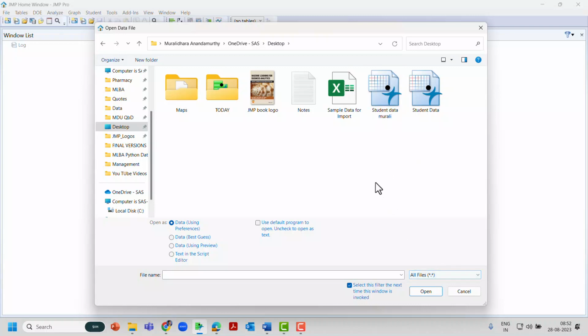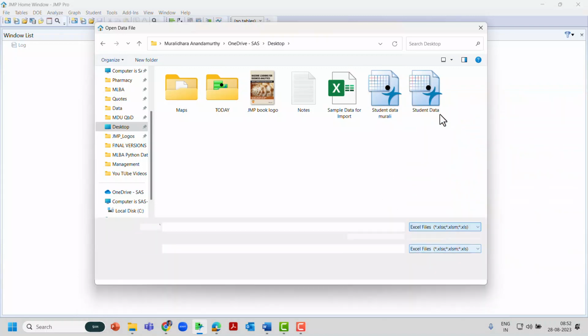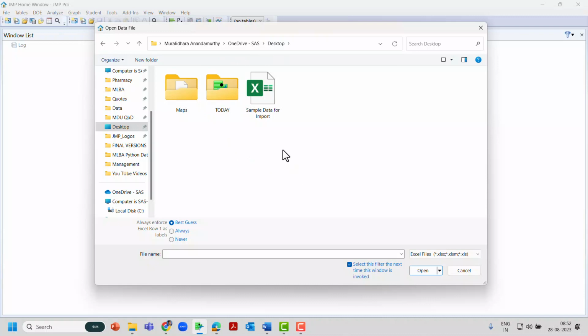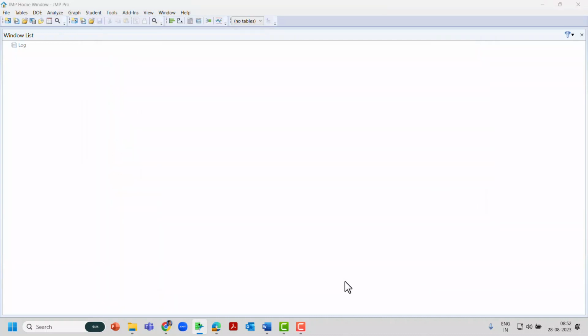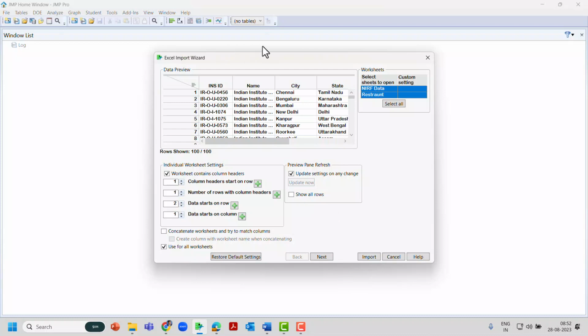Now I want to import Excel. Okay, so it will show only Excel files here. I'm going to choose this sample data for import, and there's an option, always enforce row 1 as label. I know the first row has a label, but you can always change this option. Now if I click open, this Excel import wizard appears where you can choose which sheet